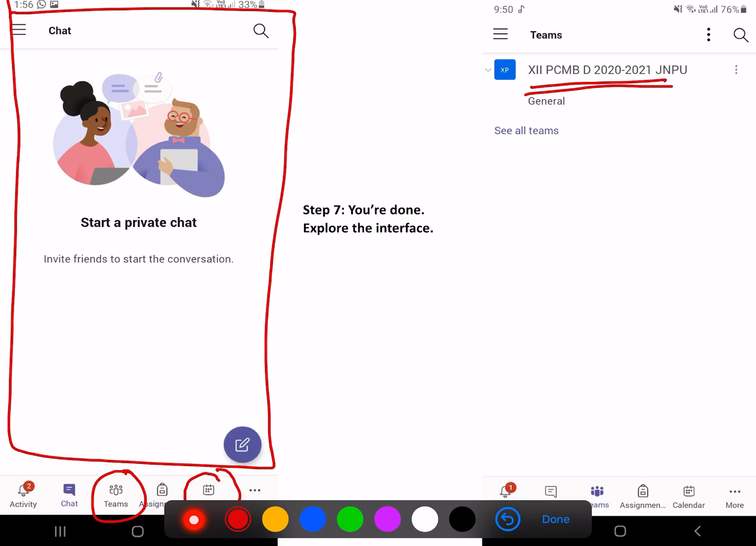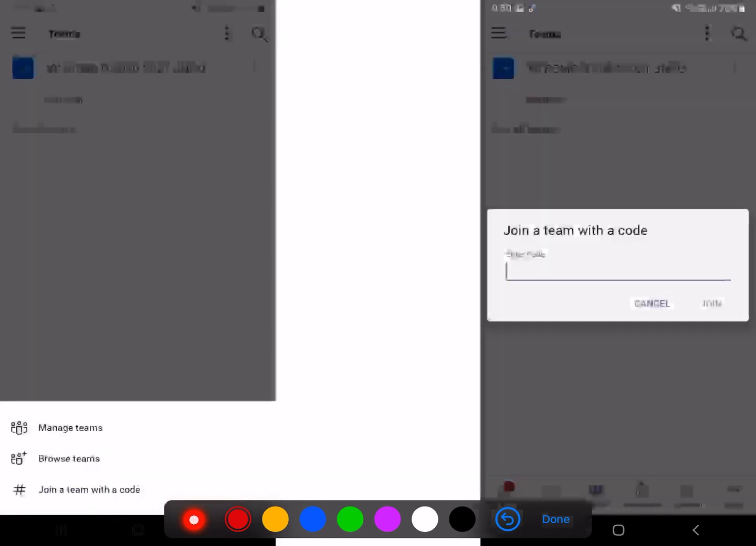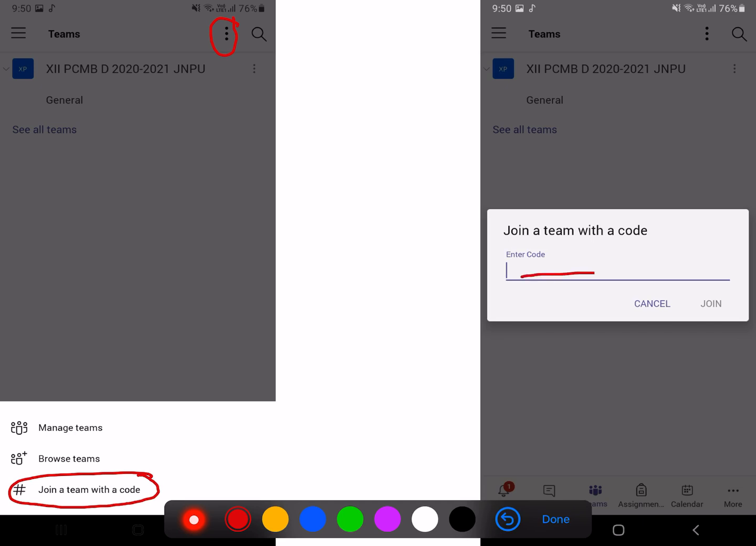And if you don't see any classes, we will provide you a particular code. Click on the three vertical dots on top, click on join a team with a code, and enter the code. Click on join. You'll be able to join the class. By doing this, you'll join the class and all the calendar